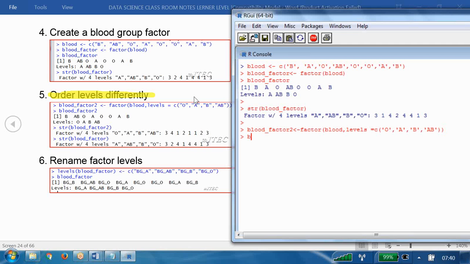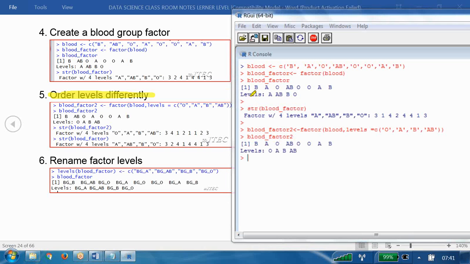Now see the result whatever we have. Enter. Now you can observe whatever levels we have here and whatever levels we have here. Did it come differently or not? Right. It came differently. Now I want to see str of blend factor 2 so that I'll get more information. Write it, str of